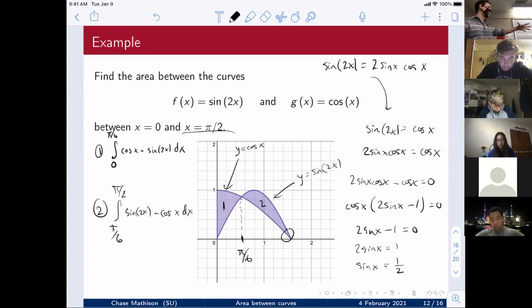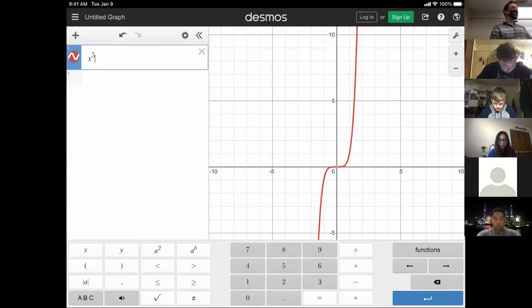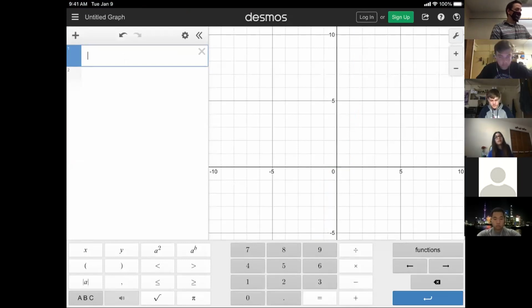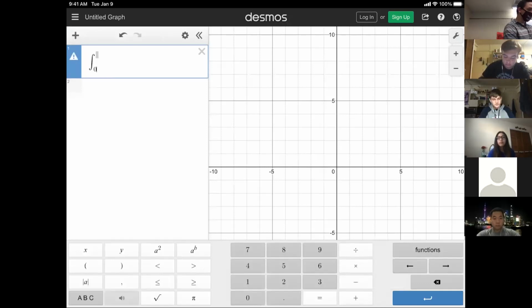So we can go through and find this. I do want to show you something that you're not going to be allowed to use on exams, and some of you might know this already, but I want you to be able to check your work easily. So in Desmos, you can come into Desmos and type INT to get an integral sign. And then you can integrate from 0 to